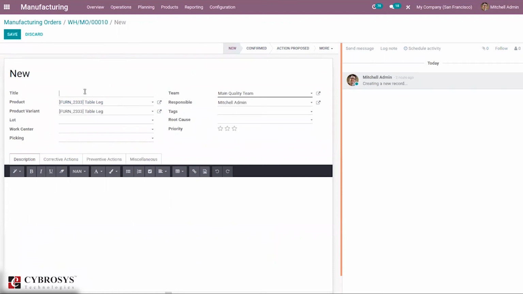We can add title. We can add lot, work center, picking. Then we can add root cause.